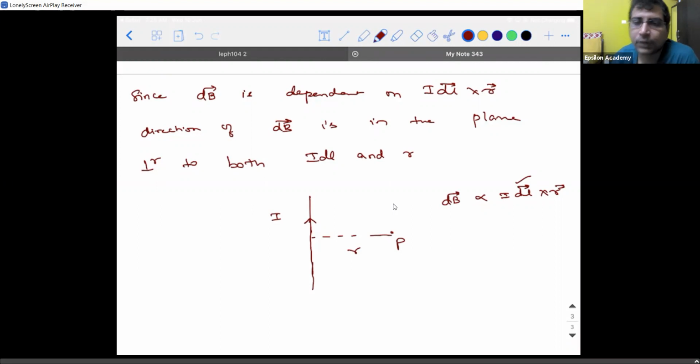So how does it happen? This is Idl vector. If this is r vector, from Idl vector, you need to take a turn towards r vector in the shortest direction possible. So you guys do this activity and tell me. Have a pen in front of your eyes, point P on the right of the pen. Okay. So this is Idl. Your pen's nib is going to be the direction of Idl, and r is perpendicular to your pen. From Idl to r, what is the direction in which you are going to turn?